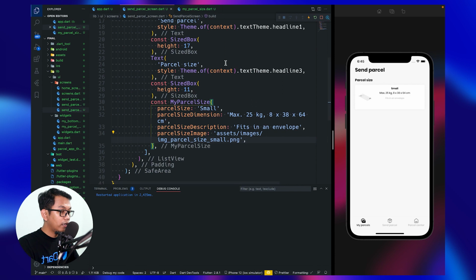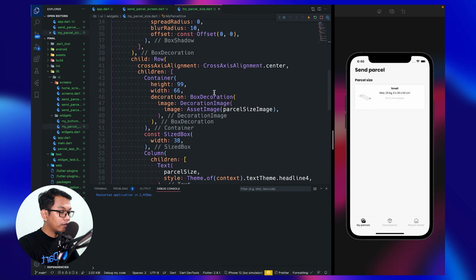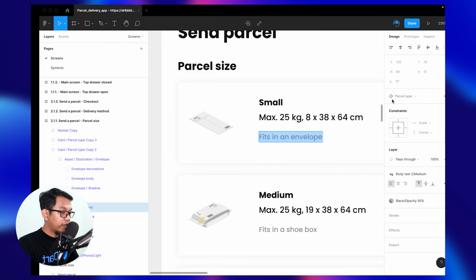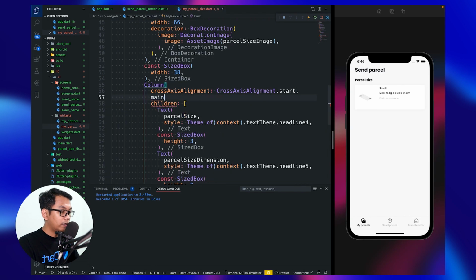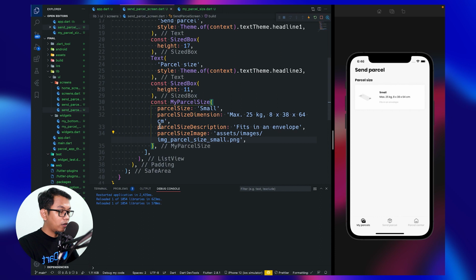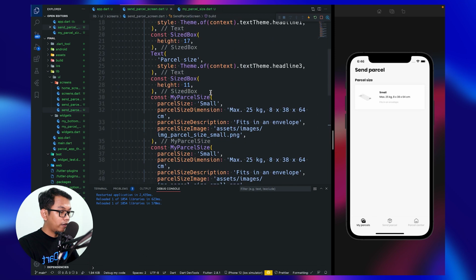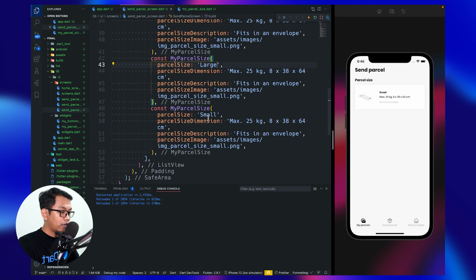Now we see, and we go back to my parcel size, and inside our column we say cross axis start, and for the main axis alignment we use center. For demo purposes, now we just need to duplicate this 3 times, and don't forget to change each one to medium, large, and custom.